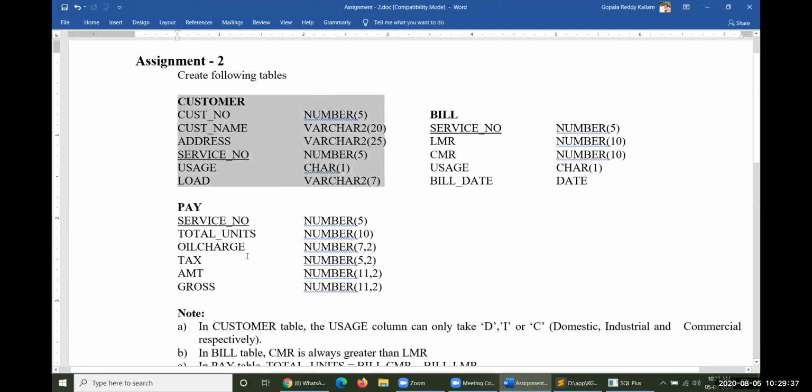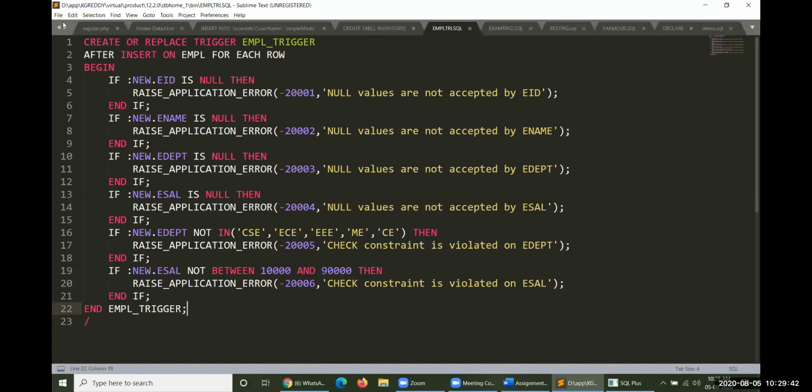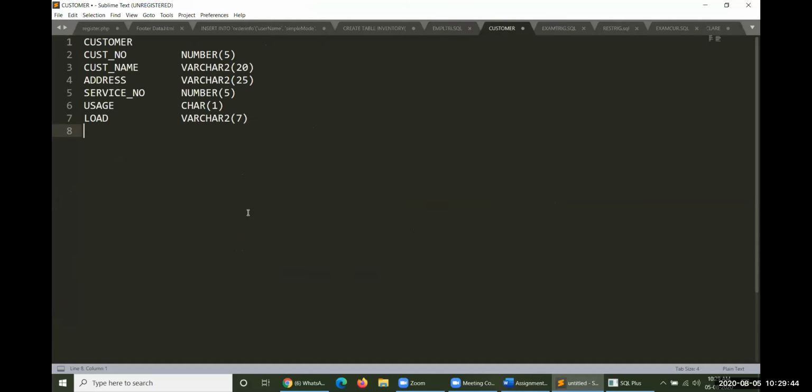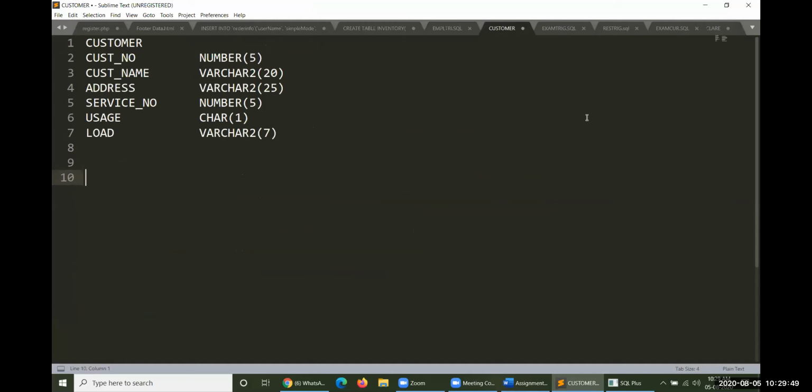So based on this particular criterion, let me copy each and everything, let me create here, then it is very easy to copy and do the application out there. So create table, name is customer. First one is customer number, customer name and load. All these things will be taken into consideration. Let me create each and every point here.